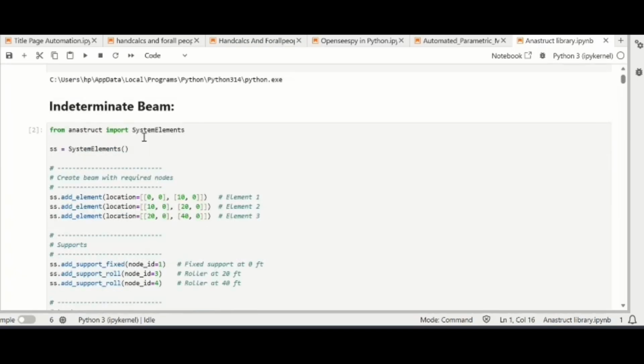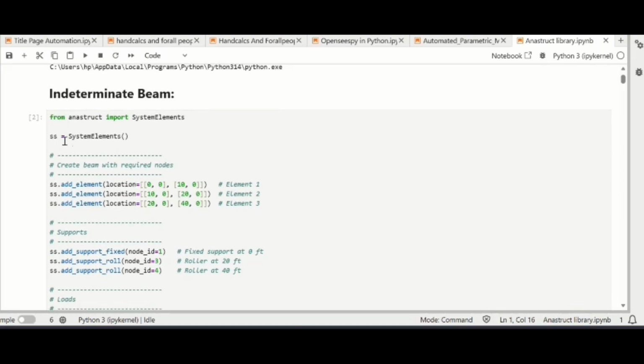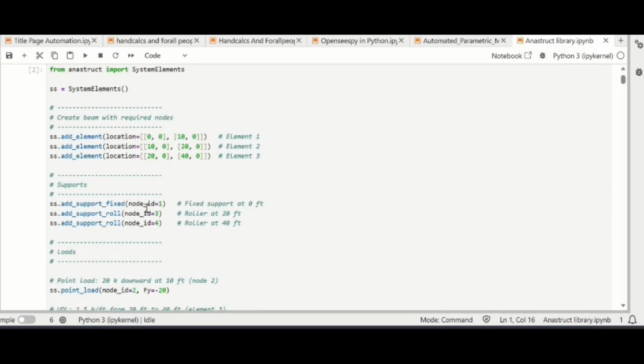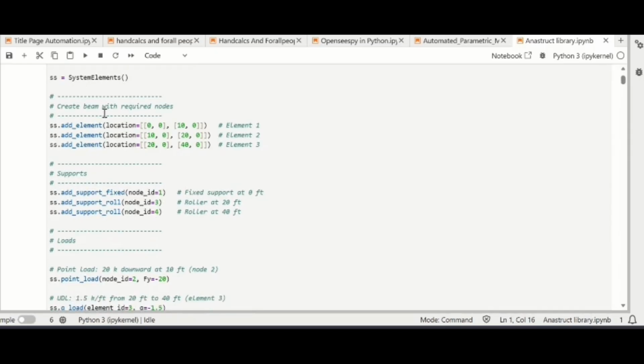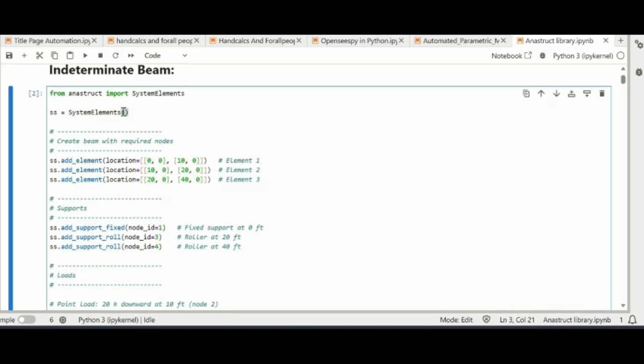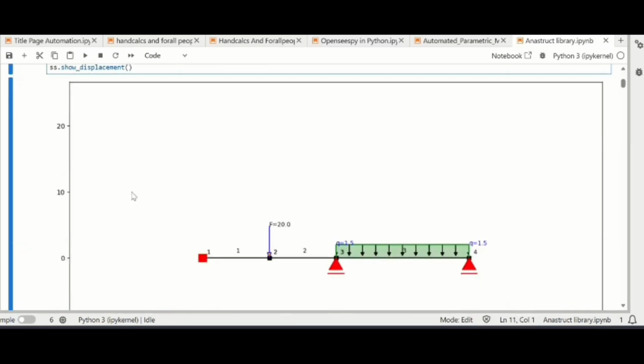So let's begin the video with an indeterminate beam. As you can see, there is written variable equal to system element. In this system element you can even add the details of the element directly, but as I am going to separately divide my beam member into separate segments, I'm going to leave it empty.